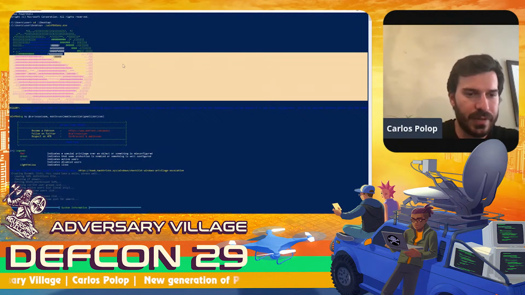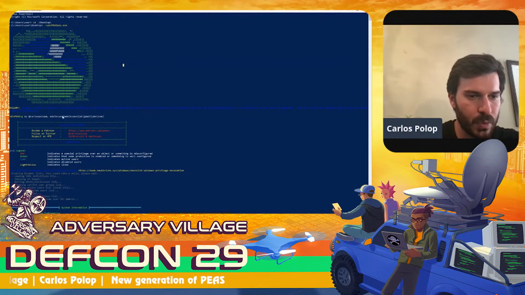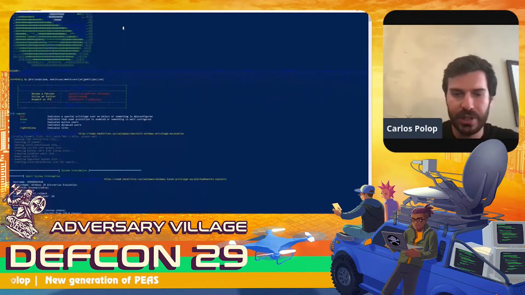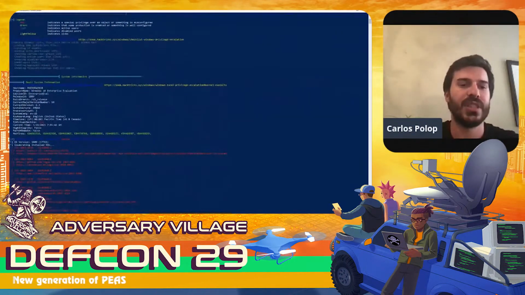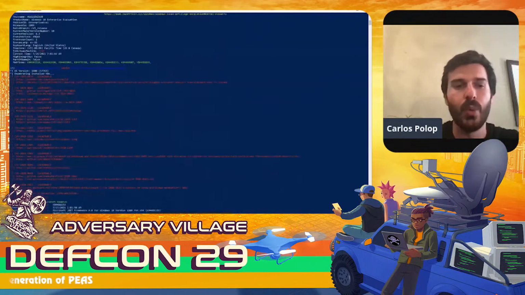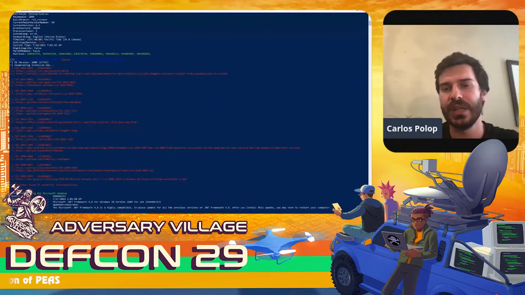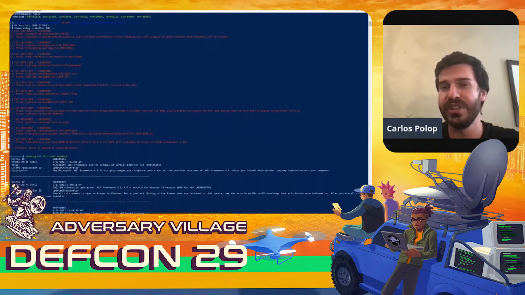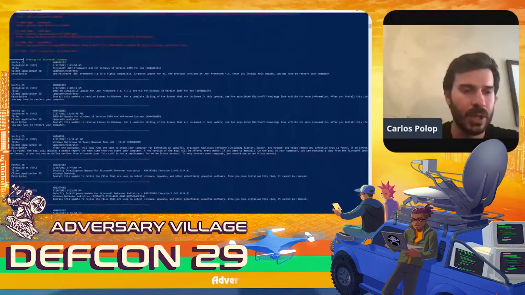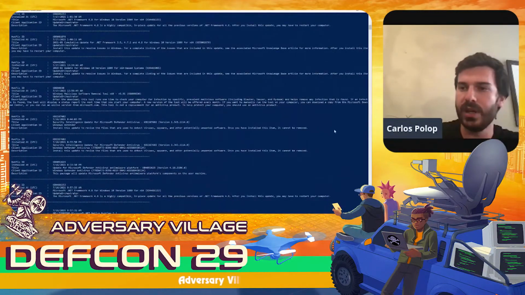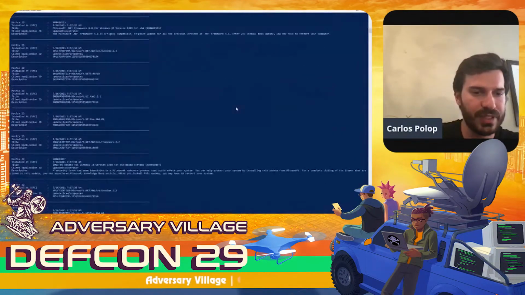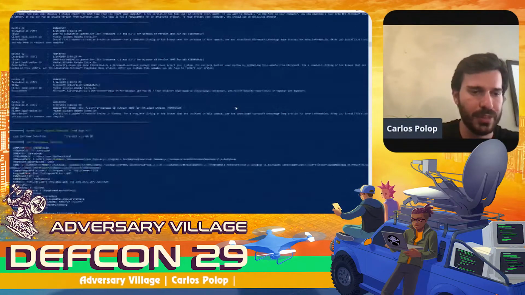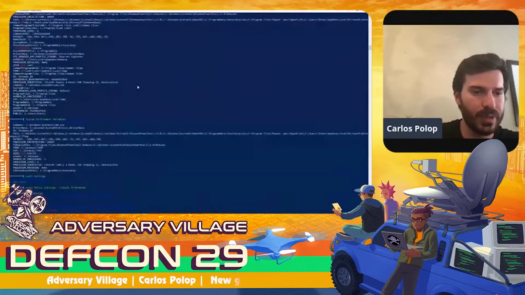We can see that we have another very beautiful banner. We have some information about the creators. And we start as with LinPEAS. We start seeing some system information. We have integrated Watson inside WinPEAS, so this is pretty cool because it will just run with WinPEAS. Here we are enumerating the hotfixes that have been applied to this virtual machine in this case, information about environment variables,